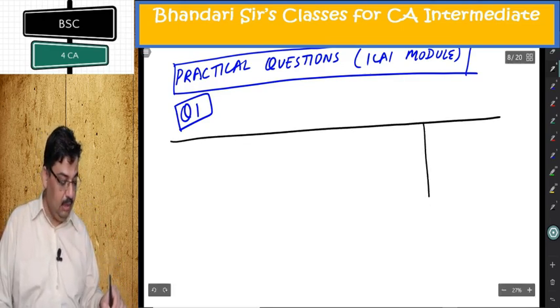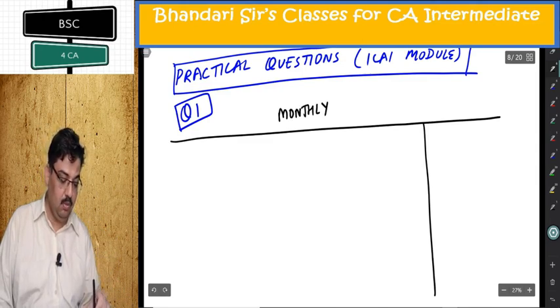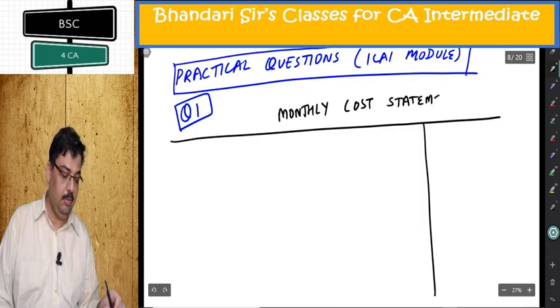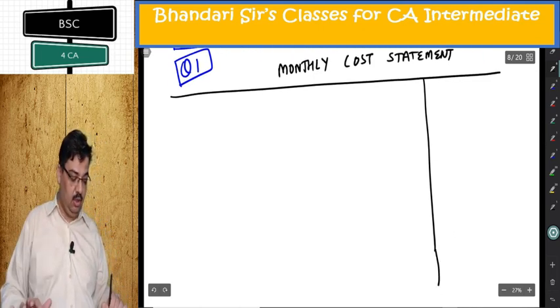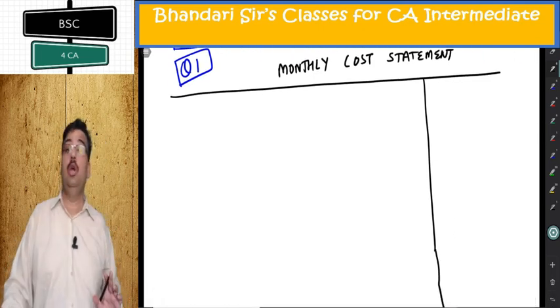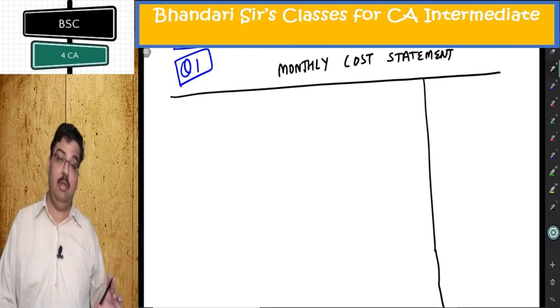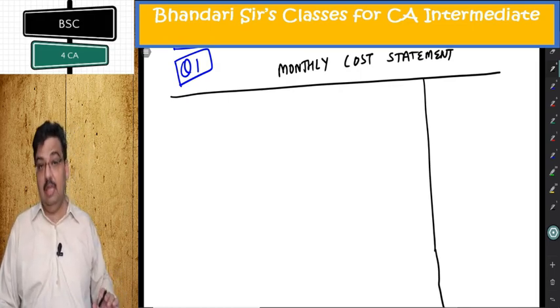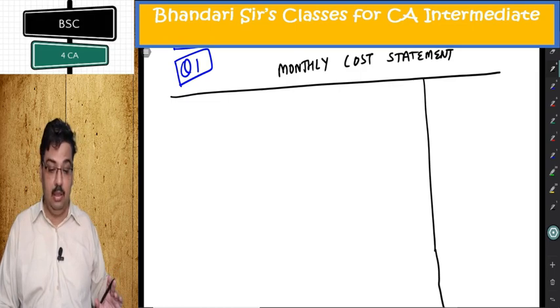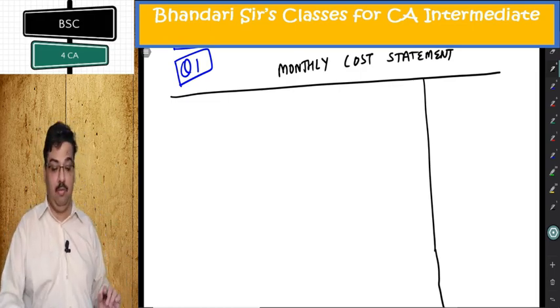What I am making, I must write on the top clearly. Monthly cost statement. Students keep on asking whether we can make annual. Yes, you are most welcome, but be sure your kilometers and passenger kilometers should be on same basis. If you are making annual, your passenger kilometers are also annual. If you are making monthly, your passenger kilometer will also be monthly. I am looking at cost first. Passenger kilometer or kilometer I will make in a separate working note later.